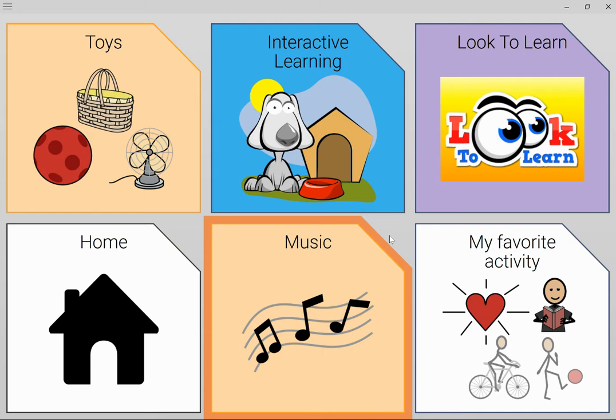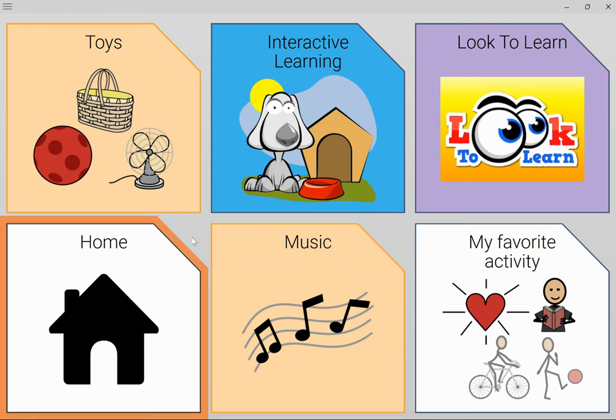Look to Learn is a suite of software activities that are specifically designed to help eye gaze users understand and improve controlling a computer with their eyes. And that software program comes prepackaged on our Winslate for Kids communication devices. It's available on all of our loaner devices and can be a really powerful tool in helping a beginning user understand how to use their eyes to communicate.